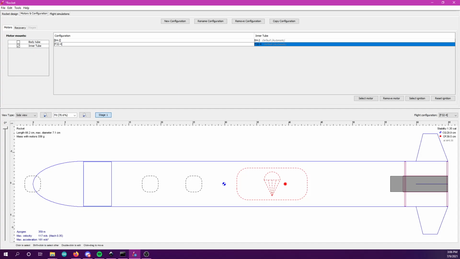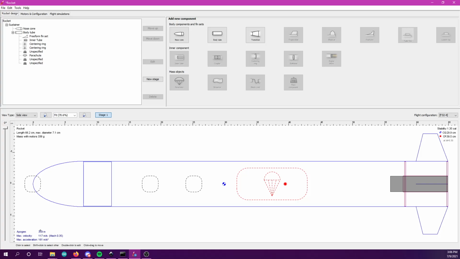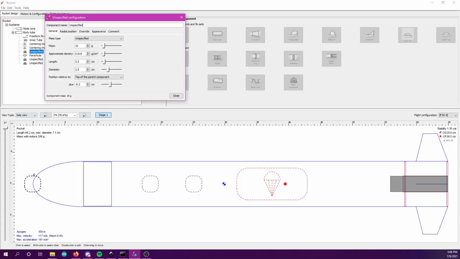And in fact, you can get a preliminary feel for how the rocket is going to perform. Right down here in the bottom left, we have our apogee, maximum velocity, maximum acceleration, so we don't have to simulate it every time if we just want those few results. Alright, so we have our egg, we have our parachute, motor, stability margin 1.35, that's pretty good. We might want to increase the mass of this little ballast up here